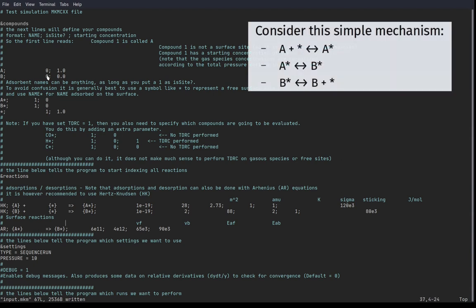And so this is good. This is set up the way I would set it up. So 2 Hertz-Knudsen reactions to model the adsorption-desorption. These are a little bit misaligned. Let me see if I can just fix this. Okay, there we go. Yeah, so this is a little bit better. So basically,